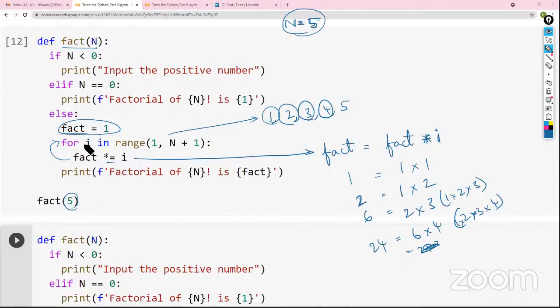Now again, it will go back to this. For I in range of this, the last number. So it's 24, 24 into 5. But then you can write it as 1 into 2 into 3 into 4 into 5. If you multiply all of these things, you get 24